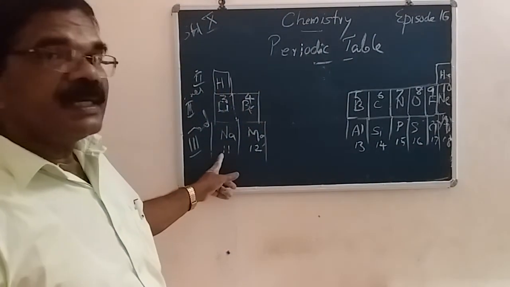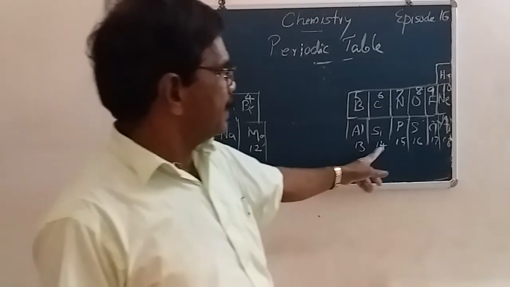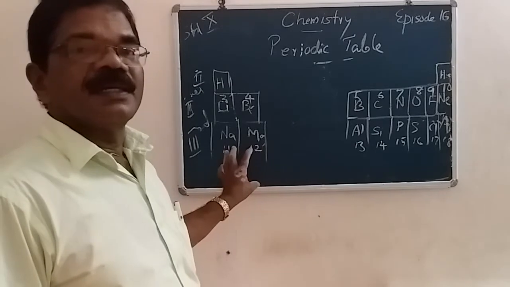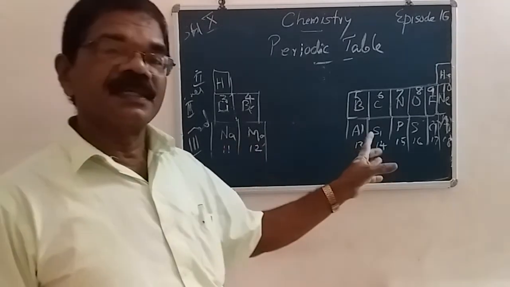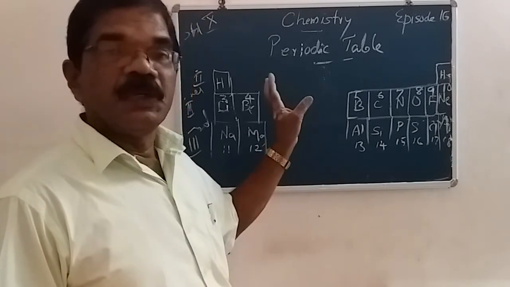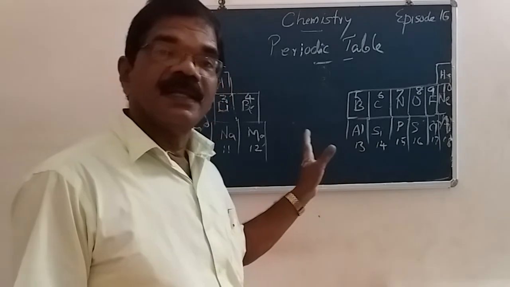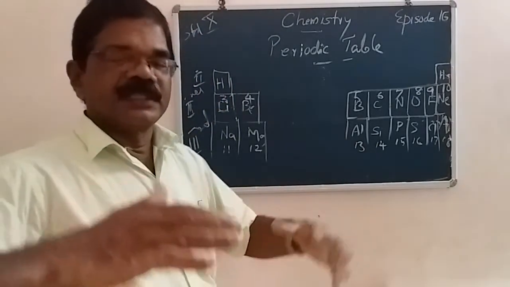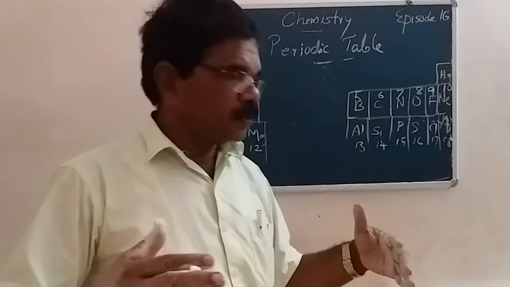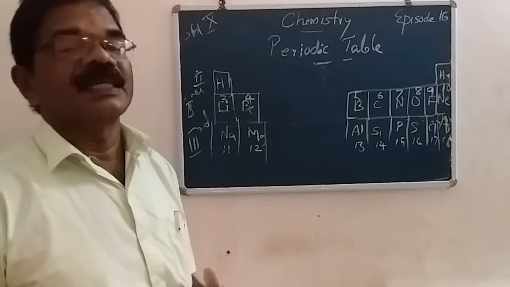Then how does the atomic number vary? Atomic number varies 11, 12, 13, 14, 15, 16. Atomic number increases means number of protons increases. Therefore, the nuclear charge increases. Therefore, it pulls the electrons towards the center and the shells move closer to the nucleus. Therefore, the size of the atom decreases.